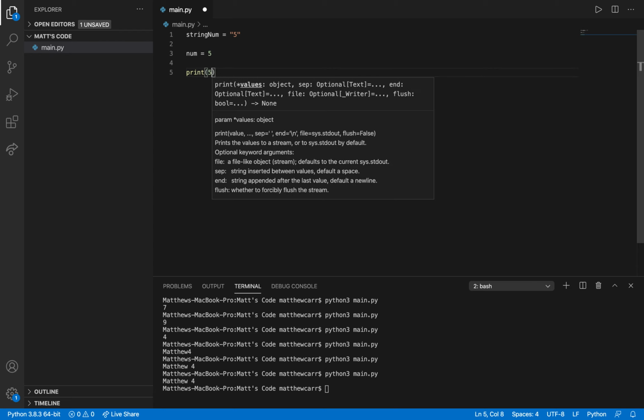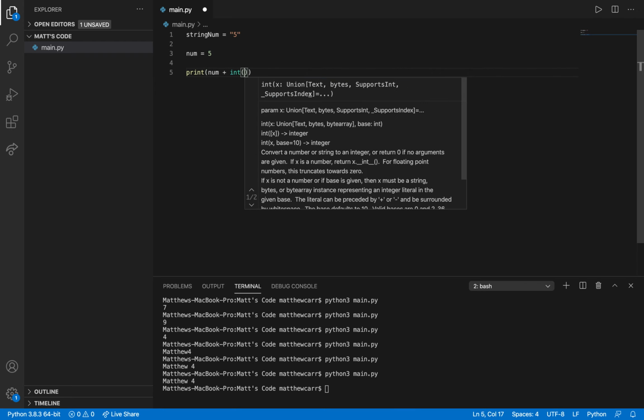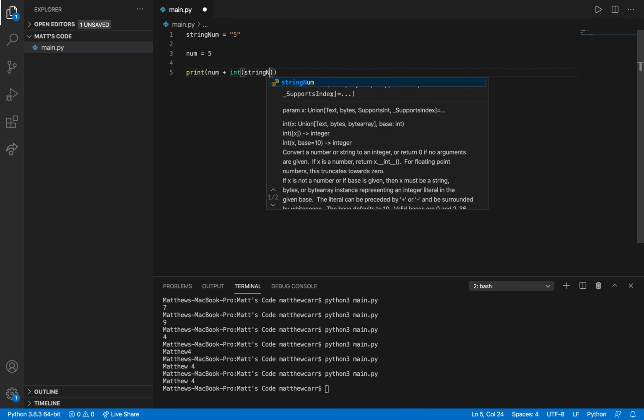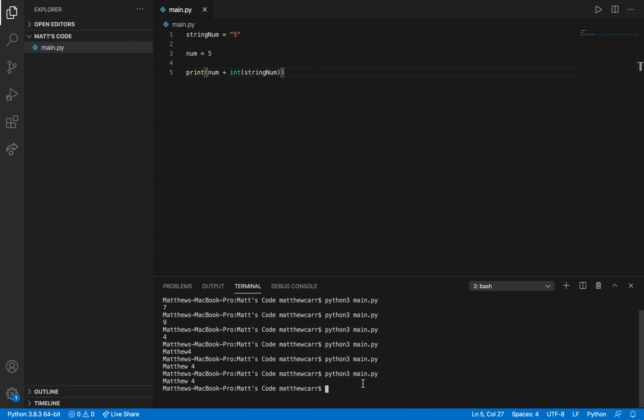We can do something like this. Num plus int, for integer, parentheses, string num. That'll convert the value stored in this string variable into an integer. So we can add them together like math, and we get 10. Cool.